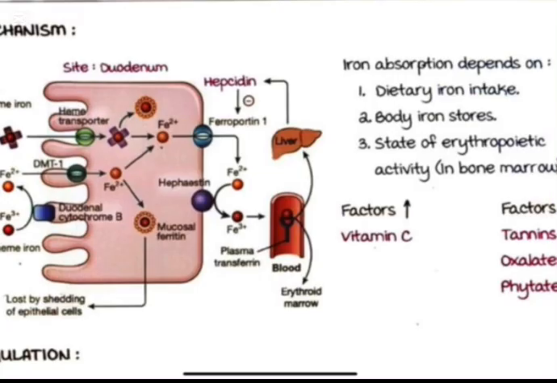Duodenal cytochrome B is helping ferric iron to change into ferrous iron, and then ferrous iron is going into the duodenal cell via the DMT1 channel. In the cell, the ferrous iron meets with the ferrous iron released from the heme, and then